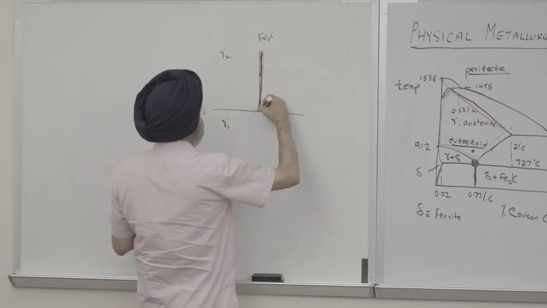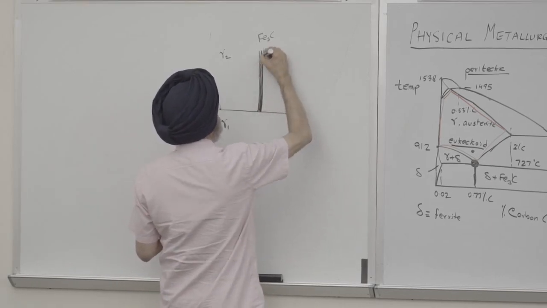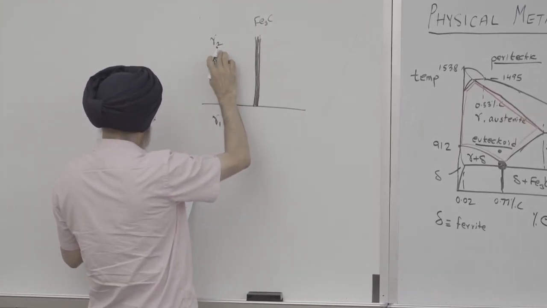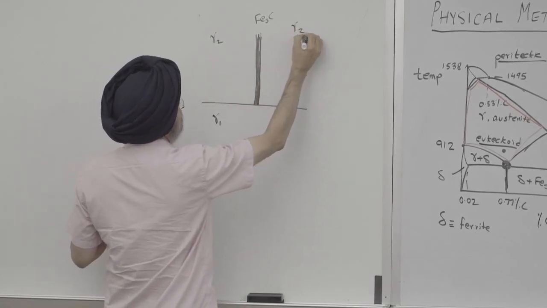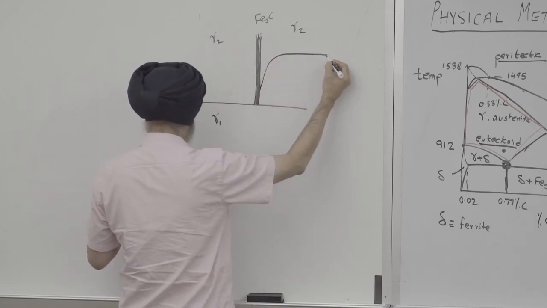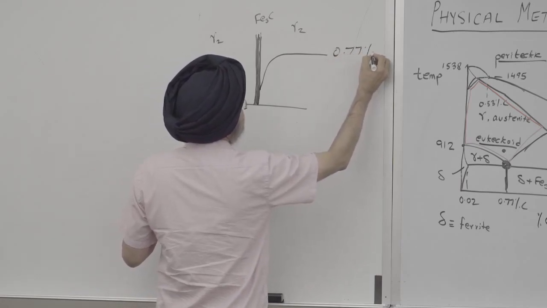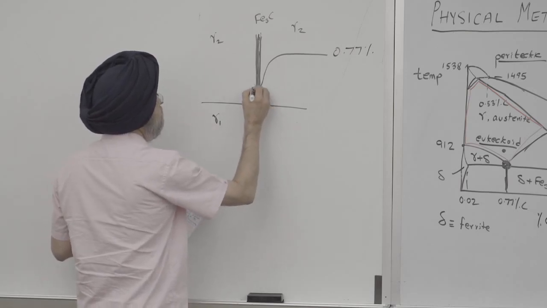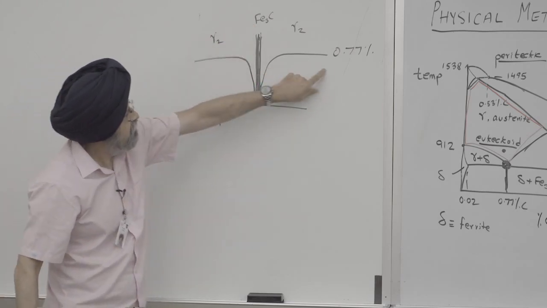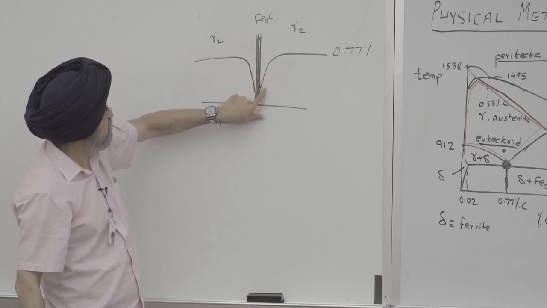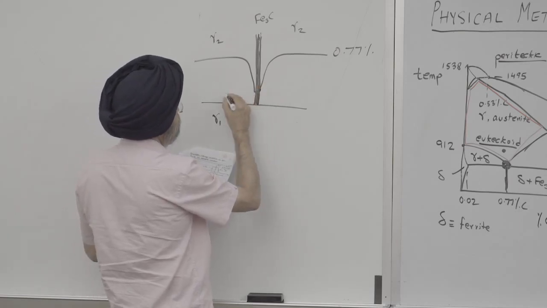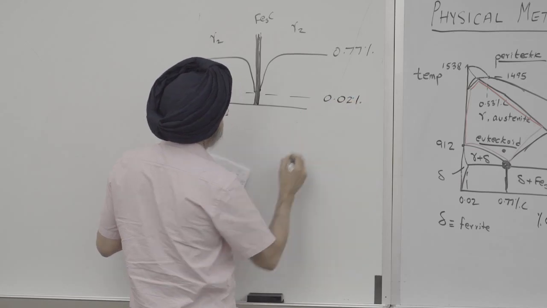So as this plate grows, it becomes thicker. So what happens is, this gamma on both sides, gamma 2. So the carbon composition drops. The carbon composition over here is, let's say, 0.77% carbon, right? And so carbon composition is like this. Since Fe3C is consuming the carbon, the carbon composition drops. And because of that, when this drops to, let's say, 0.02%, then